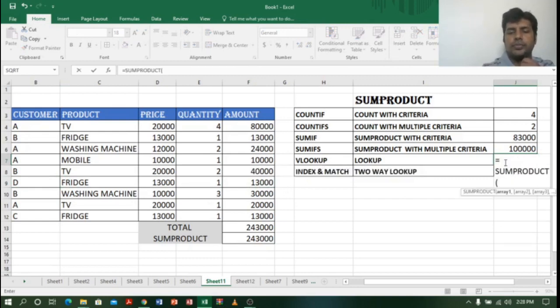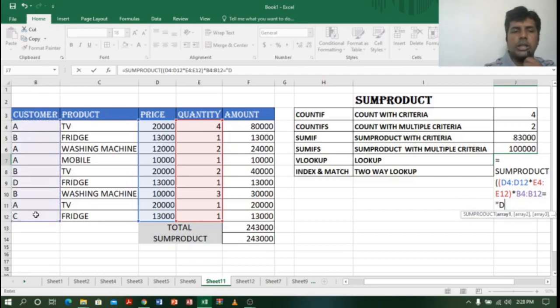Again, first price into quantity, price into quantity, close bracket, into now criteria, right? So what is the criteria? Criteria is customer. In the customer column, what are you searching? We are searching for the D customer, right?